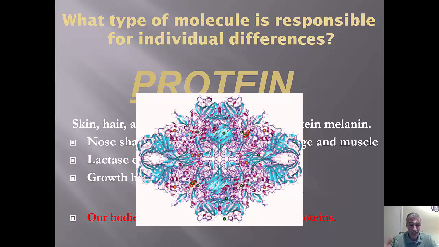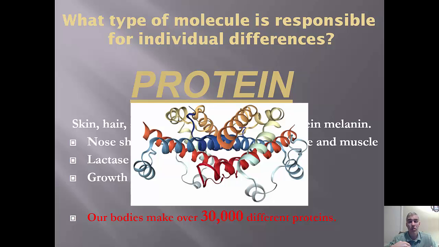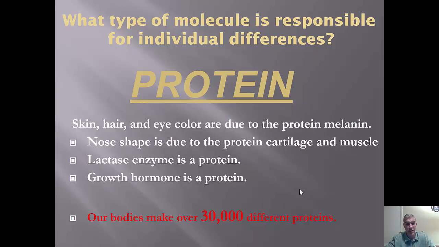Lactase is an enzyme that breaks down milk. People can be lactose intolerant. Some people are, some people aren't. Is that gene turned on or off in those people? Growth hormone is a protein. How much do you make? How often do you make it? When does it stop being produced, causing you to stop growing substantially? There's all sorts of things that relate, and it's way more complicated than that. But what causes our differences? Those are proteins, and our bodies make over 30,000 different proteins, and each cell produces different types of proteins,